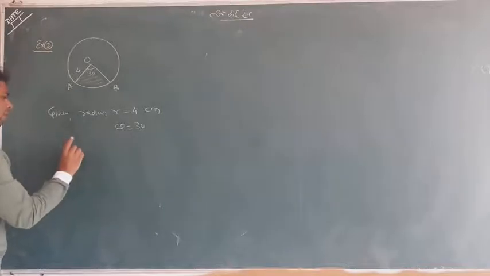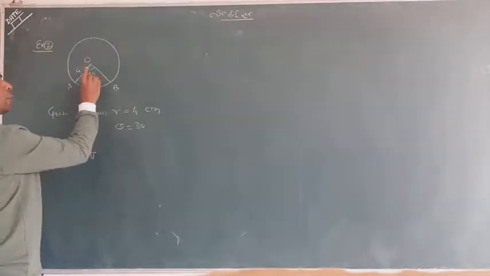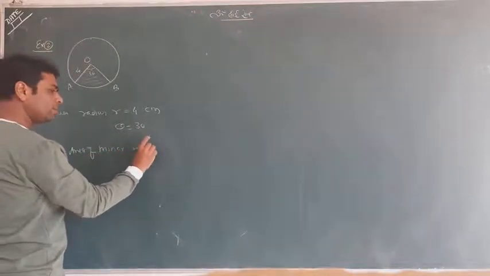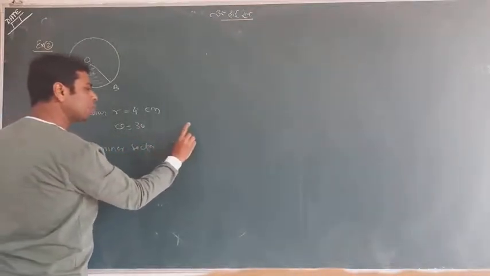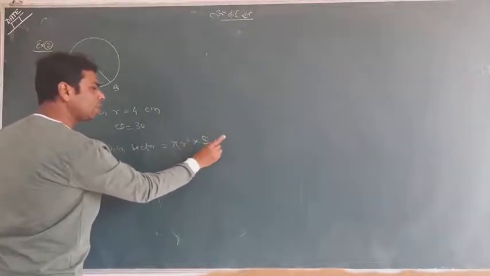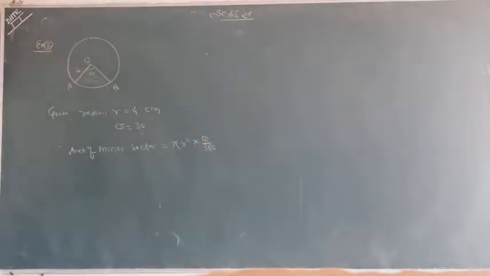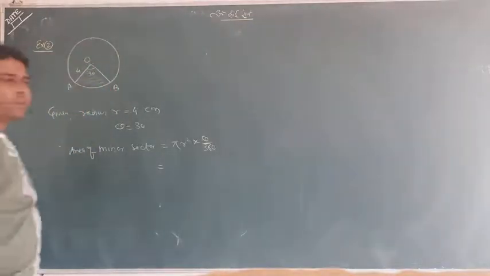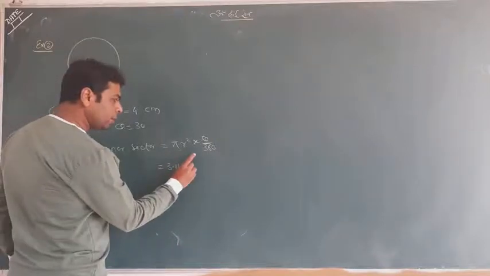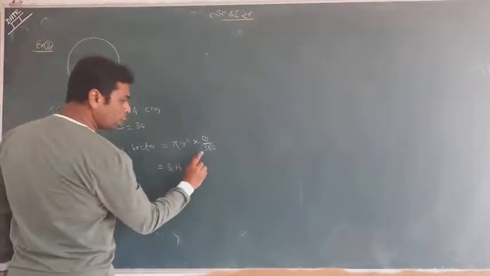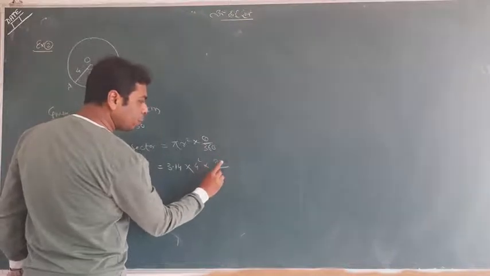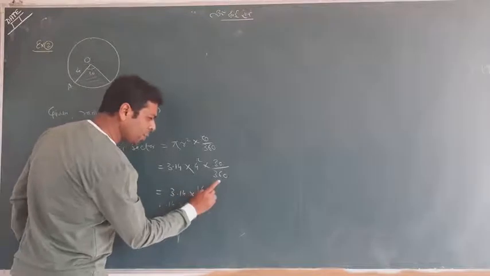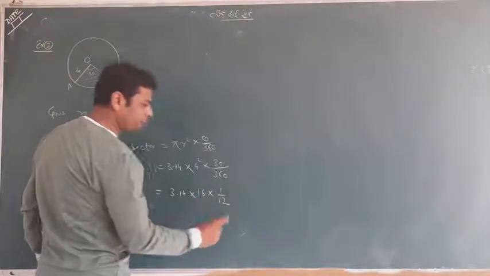So area of the corresponding sector, which is looking like a minor sector, we can write minor sector here. And the formula I taught you, pi r square theta upon 360. Put in all the values, guys. Pi is equal to 3.14, given in the book, so we will use it. Radius is equal to 4 square. Theta is equal to 30 upon 360. We will solve it on our own. This is 16. By cancelling, it is 1 by 12.